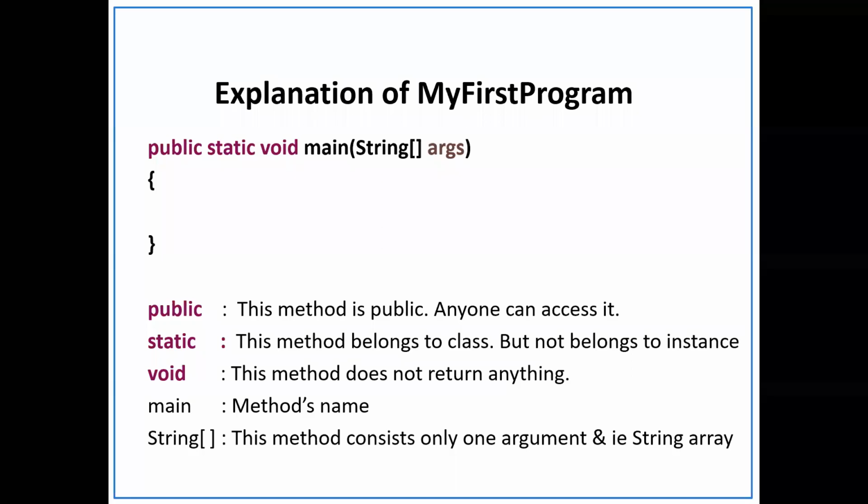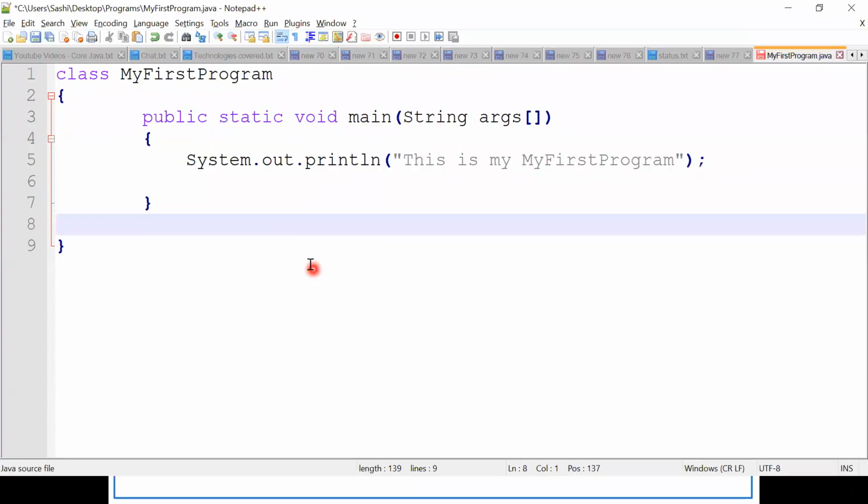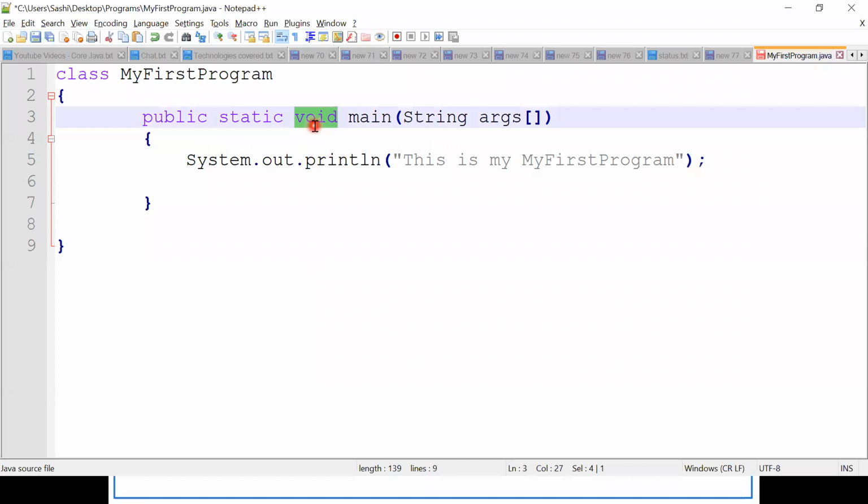I said that if a method is not returning anything, then we need to mention the return type as void. If a method returns int type, then I should mention the return type as int. We will see this later. I don't want to go very deep now. Just for now, understand void means it will not return anything.